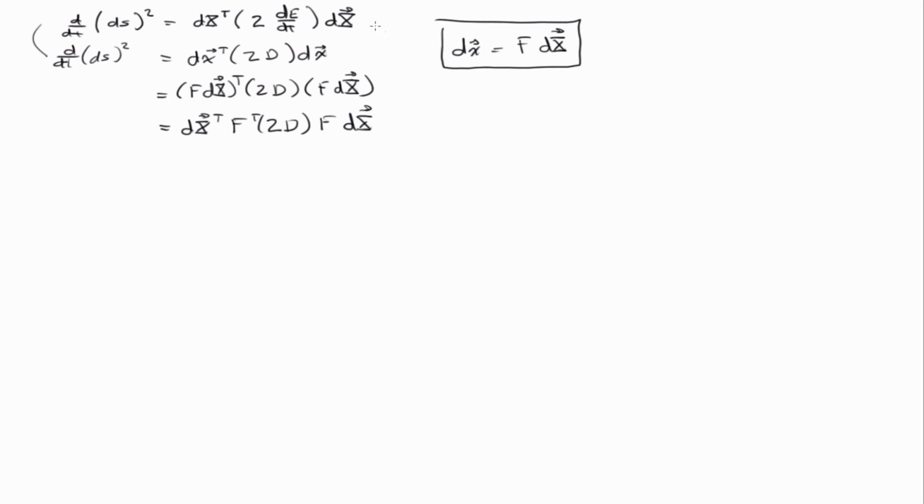And again, these two things are equivalent, right? Now the dX's cancel, the 2's cancel, so then we have this equals that. So we have that dE/dt, the rate of Green strain, is equal to F transpose D